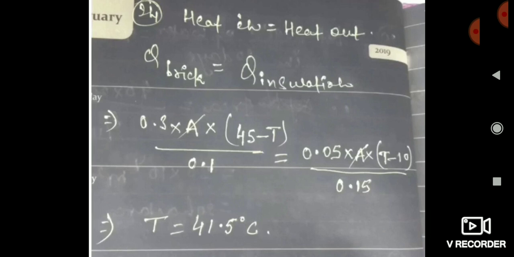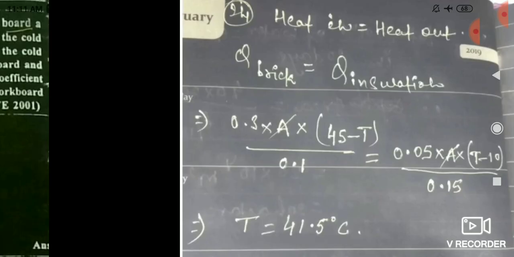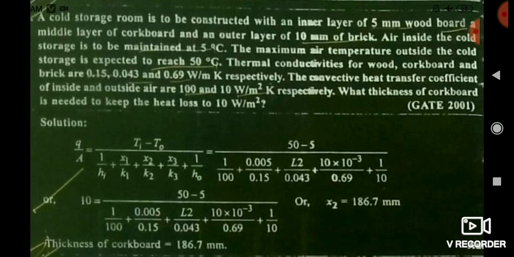Friends, one thing you also see here is that the T value coming is less than 45. Means always the outer surface, means the higher potential value, is always greater than the lower potential value, then only heat transfer can take place. Now friends, you can see another question here. It is also very lengthy, but generally it is very easy. Friends, I have told you how to calculate the net resistance in case of series and in case of parallel also, and this question is fully based upon that only.